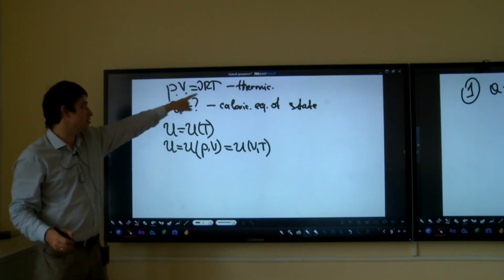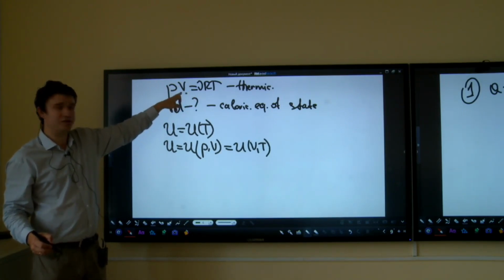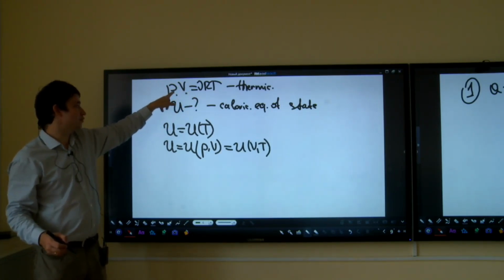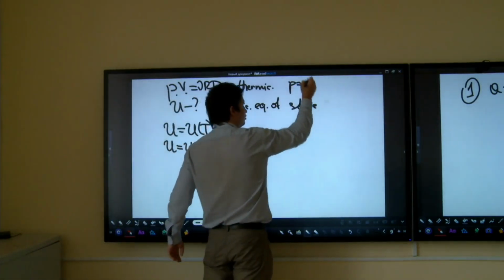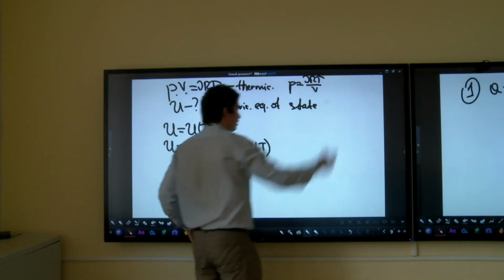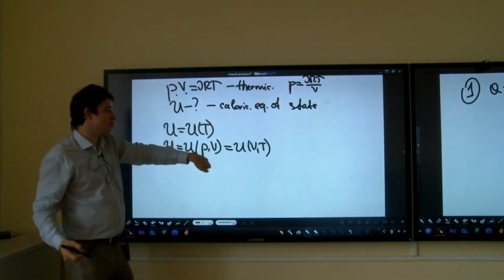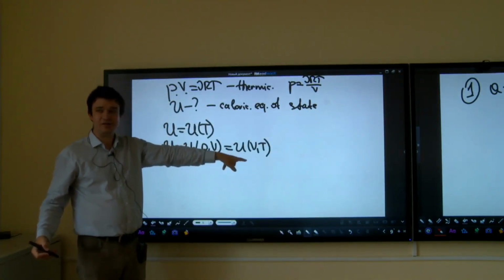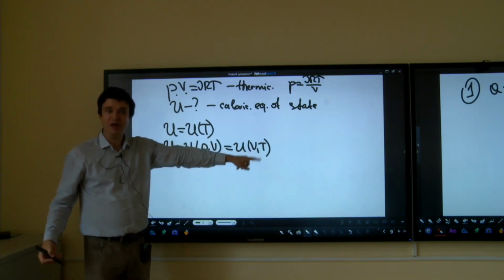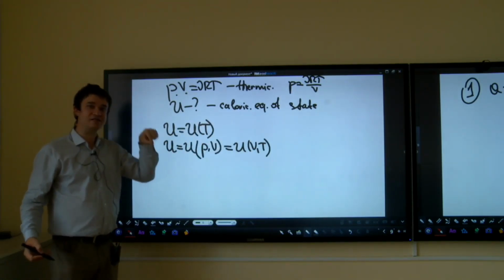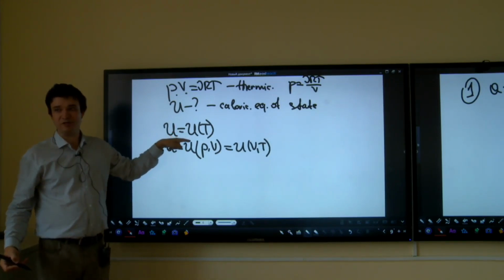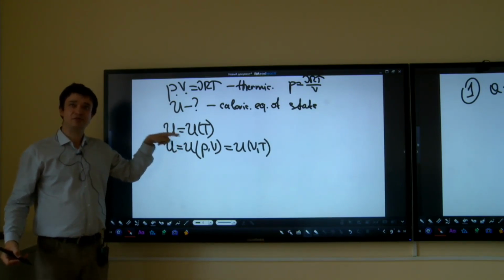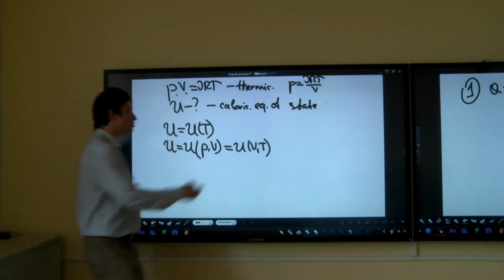So here the temperature is expressed as a function of pressure and volume, but you can find the pressure from here. And when you insert this into here, then you can obtain internal energy as a function of volume and temperature. And it says that in the ideal gas, the internal energy is a function of temperature only. That's a very strong statement. It says that internal energy